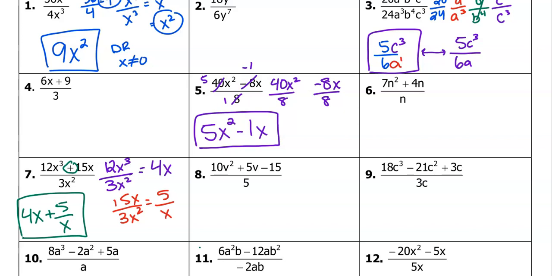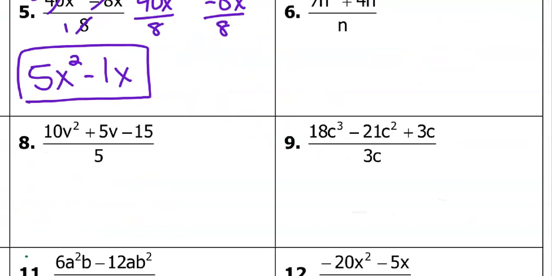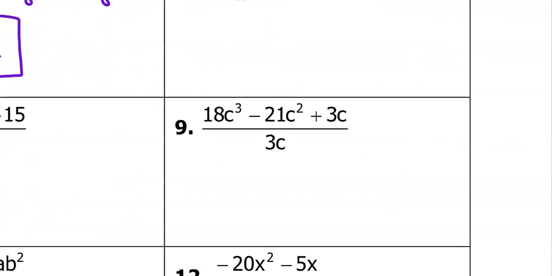Number 9, what do I have in the numerator of this fraction? Well, there's a minus happening now. There's a plus. What if I asked you to classify that polynomial? What would you classify it as? That's half of the answer. Trinomial. What's the other half of the answer? What's that degree? The degree is 3. This is a cubic trinomial being divided by